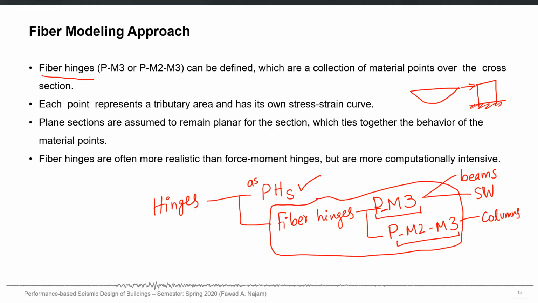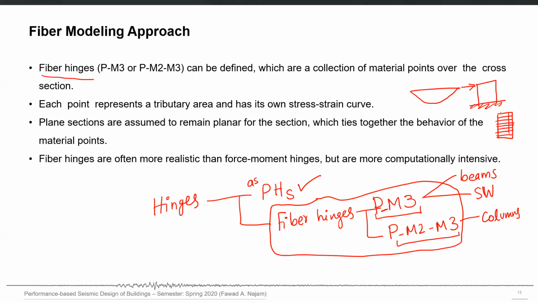In beams and shear walls, we divide our cross section only in one direction because only in that direction can the element bend. So if we have a beam cross section, we will only divide it in this direction. We will not divide it in this vertical direction, because we don't require fibers in that direction, since bending in that direction is not considered, or it cannot bend in that particular direction. For example, if I want to consider out of the screen and into the screen direction bending, only then would we require fibers in that direction also.